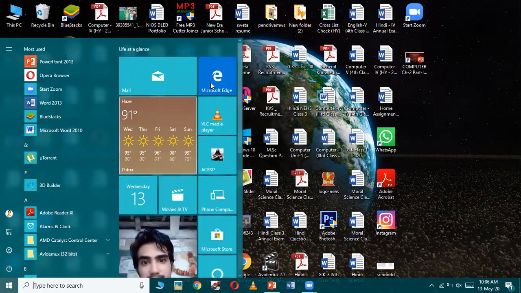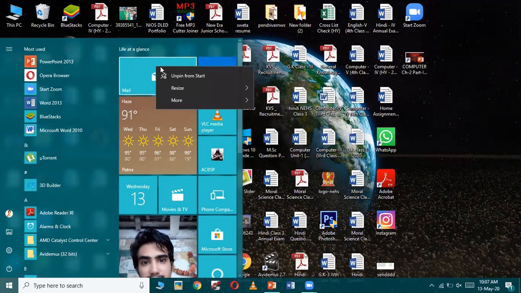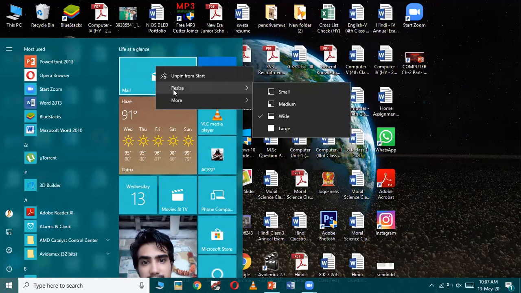You can see that the live tiles are of different sizes. So you can resize the live tile. For example, I'm going to resize this mail application tile. For resizing the tile, we need to right click on the icon of the application, and then here you can see the resize option is there. Click on the resize option, you will get 4 resize options for that tile.